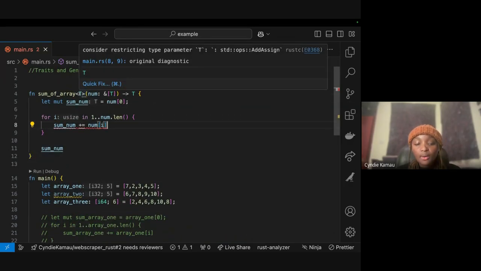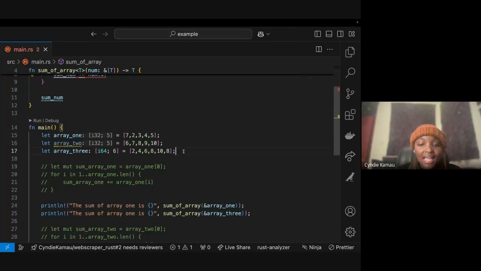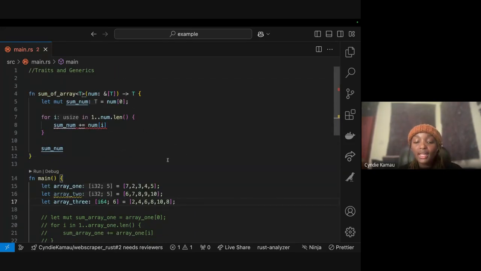Okay, we have put our values to be generic, right? So what if I had like an array, not even just an array, what if I had like let's say another data structure like a vector, right? Or let's say I have like an array which is just made of strings or characters, right? So with characters, we cannot be able to like apply addition to all types, right? Because types are many. It's not just integers. You're dealing with a lot of things, right?